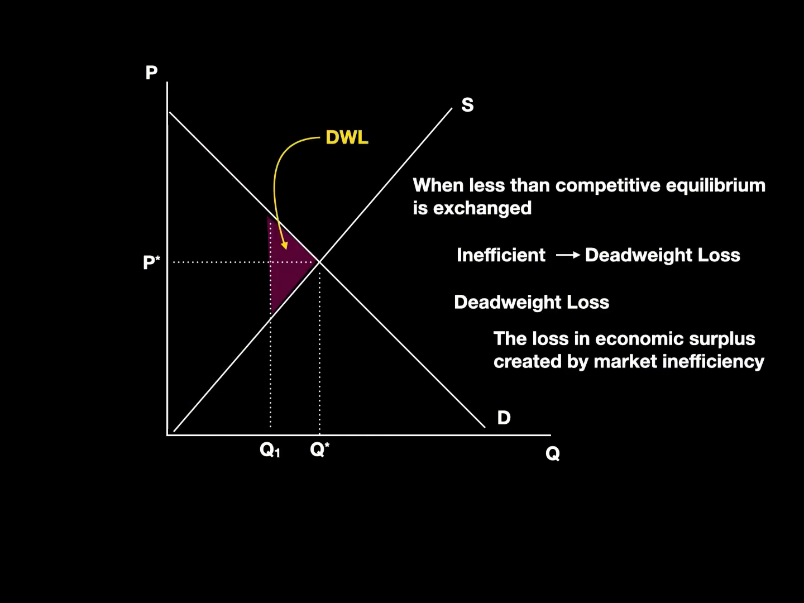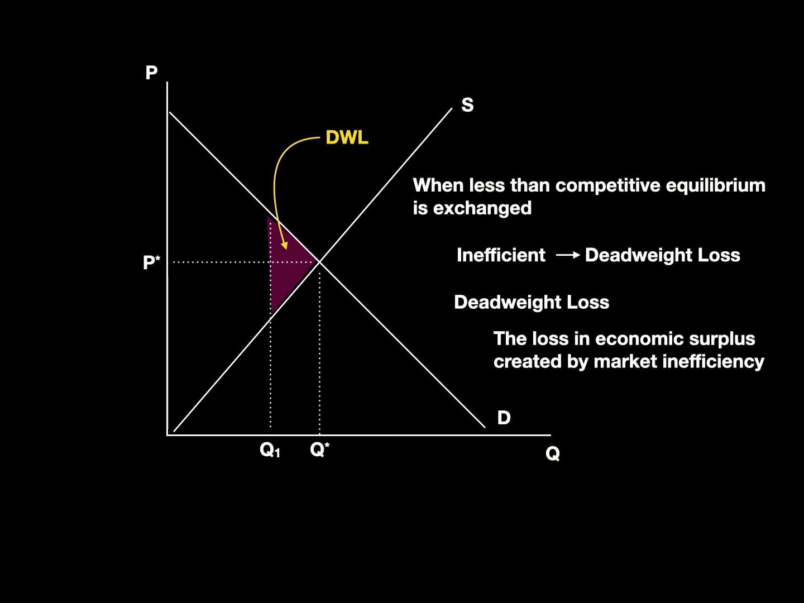This graph illustrates the inefficiency that results from exchanging less of a good or service than the competitive market equilibrium quantity. We call the loss in economic surplus deadweight loss. Deadweight loss is the additional gains from trade that could have been achieved had the social optimum or efficient quantity been exchanged. If Q1 is produced instead of Q star, then the deadweight loss will be equal to the purple